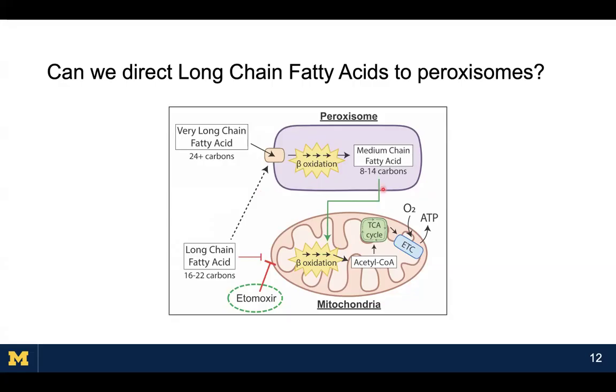And then the medium chain products from the peroxisome actually already have a carnitine moiety on them. Because CPT1 is in charge of putting on a carnitine moiety, exchanging it for CoA, this medium chain fatty acid product that already has carnitine on it is able to bypass CPT1 that's being blocked by etomoxir and enter the mitochondria. Hopefully, that's the theory. So when we apply palmitate or other mitochondrially targeted fatty acids along with etomoxir, the patterns